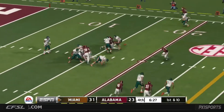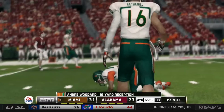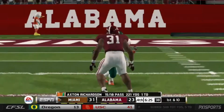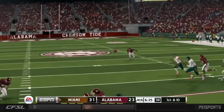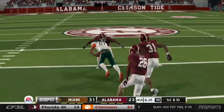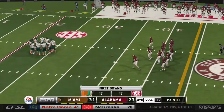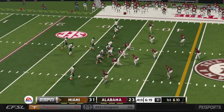Miami taking over here at their own 19, pass over the middle, and Andre Woodard picks up 16. Lamar Fant does a good job getting the hit right there. If Fant misses him, Woodard might still be running heading to the end zone. He just finds him over the middle on a little post route, and well executed there as they pick up the 16-yard gain. So 1st and 10